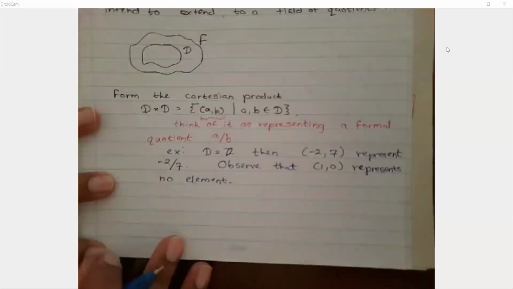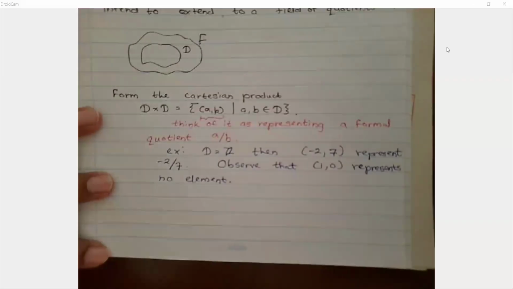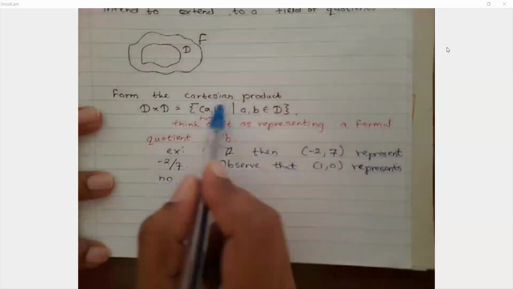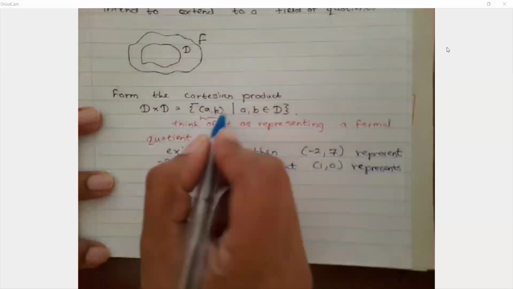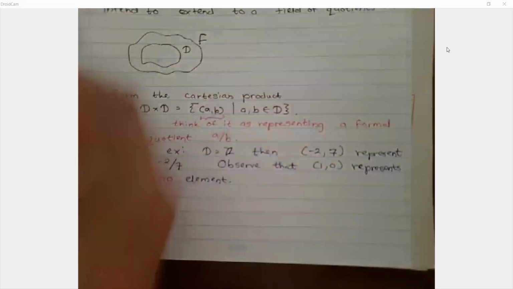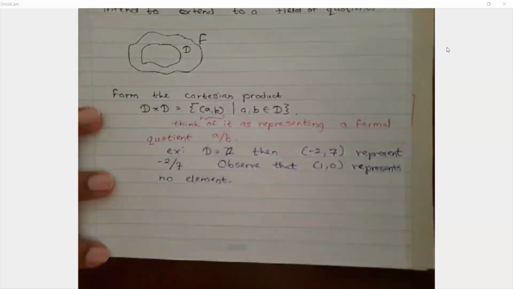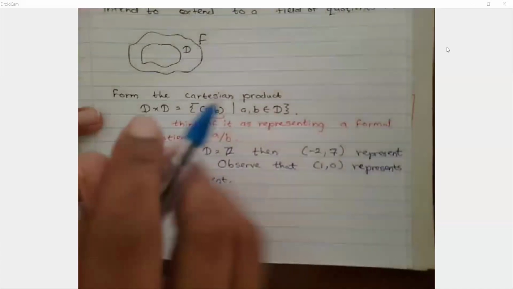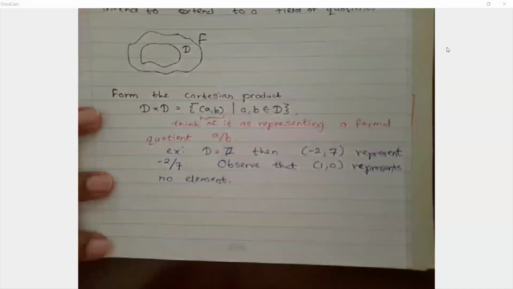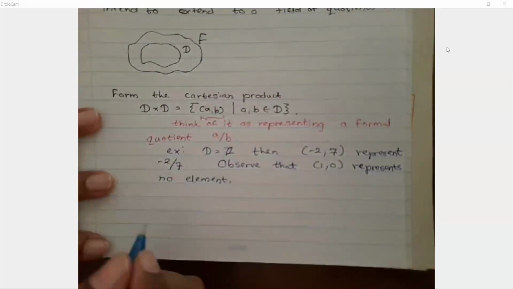So what we are going to do is we are going to impose a condition and say you can take all pairs of elements except for the elements where the second coordinate is 0, right? So we are going to, from this set, after you form the Cartesian product, pick a subset as